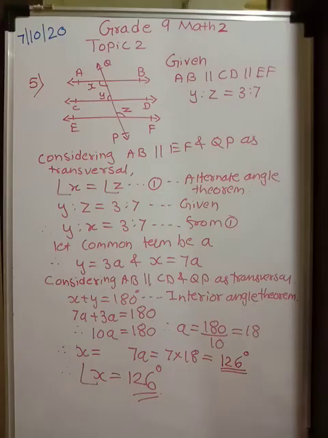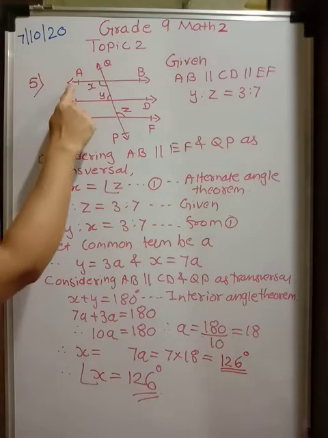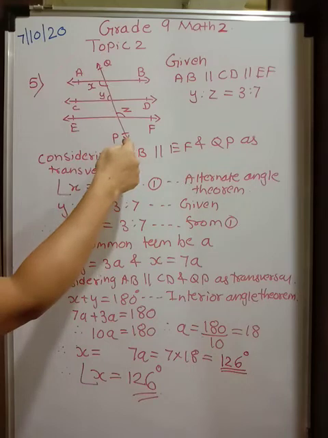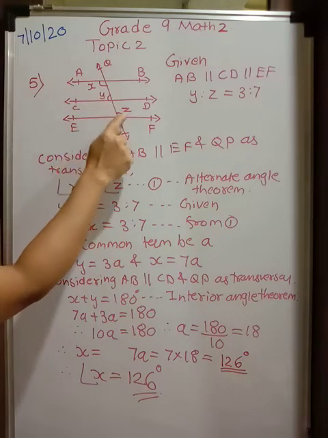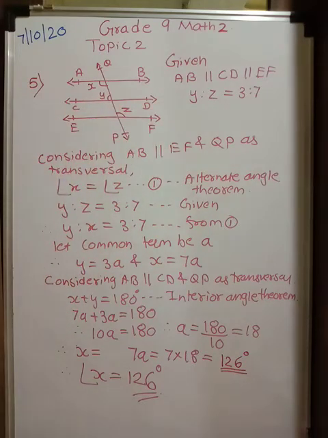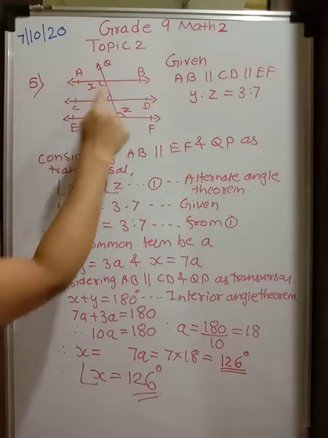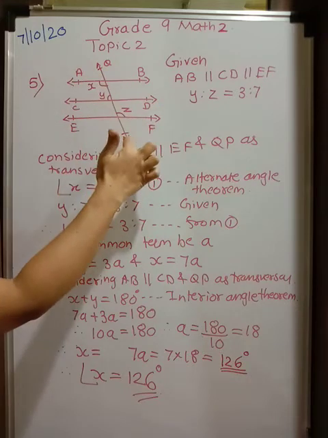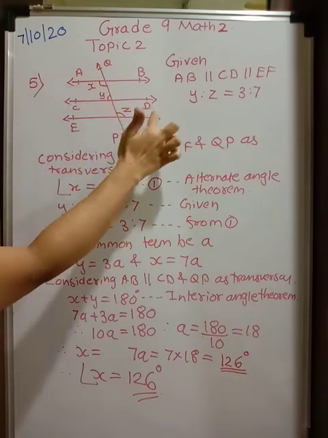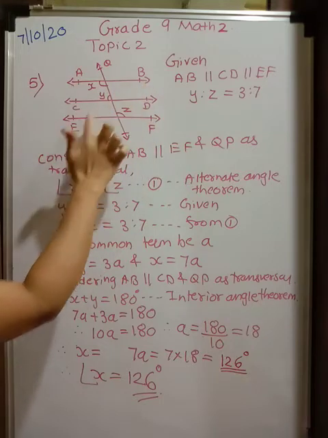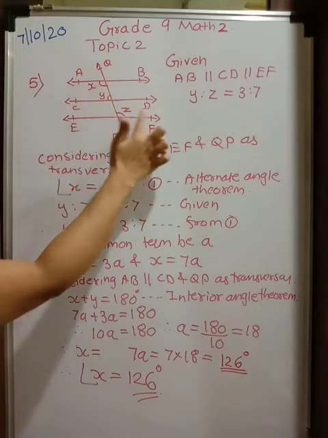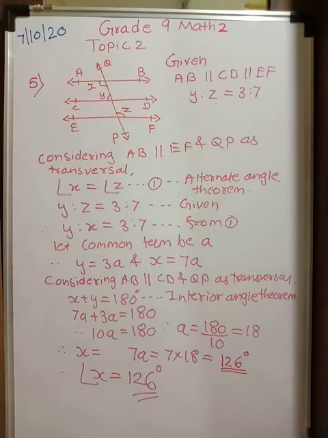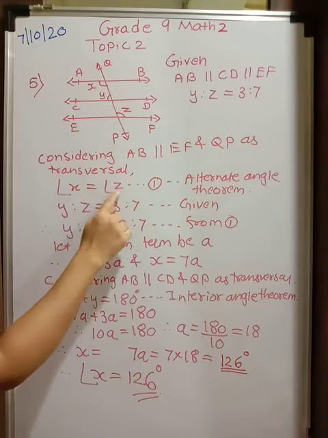Now look at the fifth problem. This is the diagram which they have given. AB parallel to CD parallel to EF is given. QP is a transversal and the ratio of Y to Z is given as 3:7. Now see students, if you consider only AB and EF, do not consider this middle line CD, and QP as transversal. Can you see this Z formation? Don't consider this line, only the first and third line. Can you see this Z formation? That means X is equal to Z because these two form alternate angles. Alright. So angle X will be equal to angle Z.